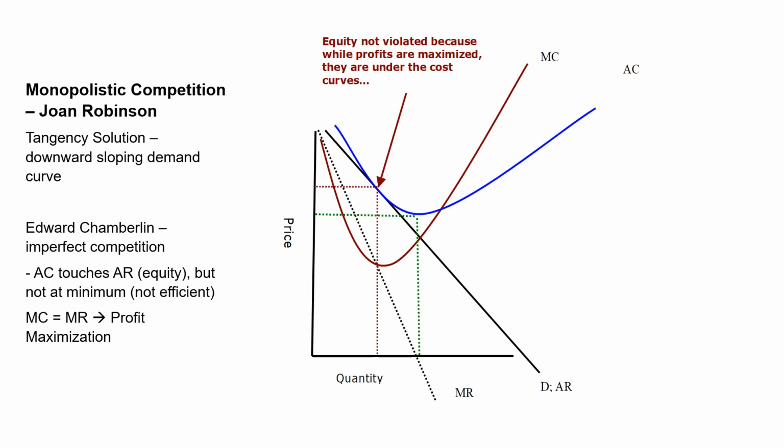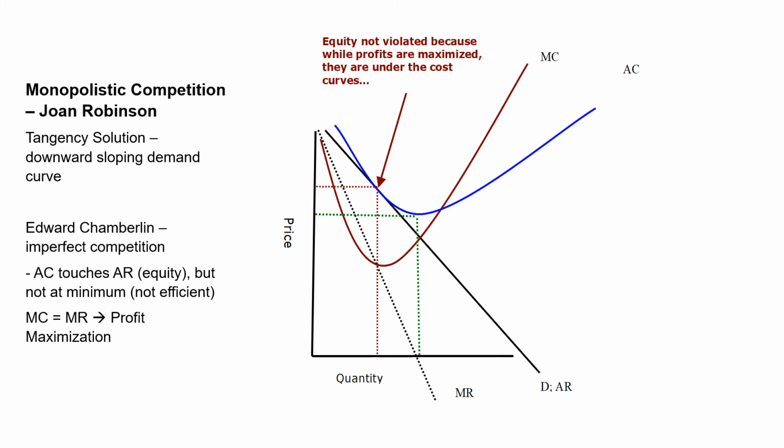Okay, so moving on to monopolistic competition or imperfect competition. These were put together by two different economists. They're both English, both British. So monopolistic competition was coined by Joan Robinson, and it was about the same time, I believe, probably in the 1930s. I have to kind of relook at that, but you get the idea. It was quite a while ago, 70, 80 years ago anyway.